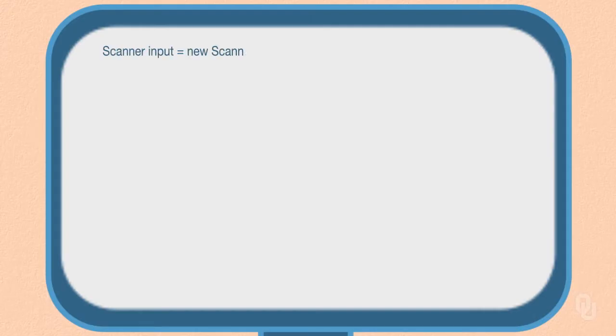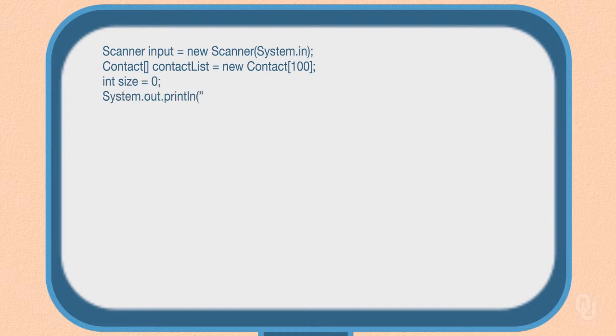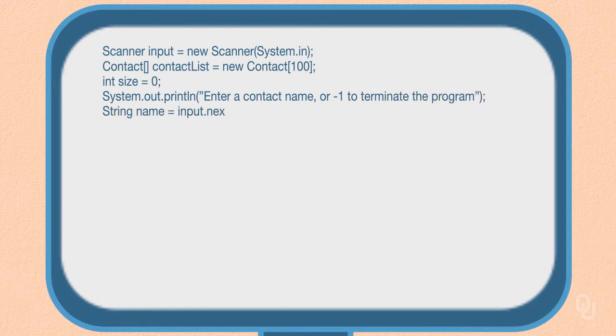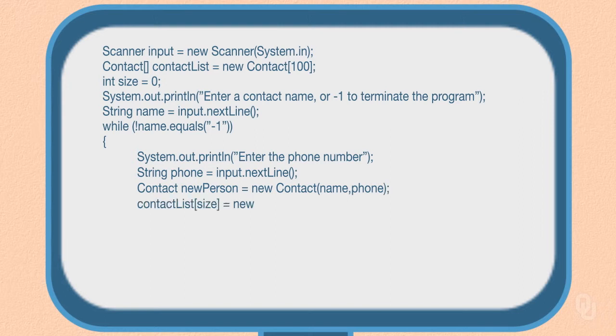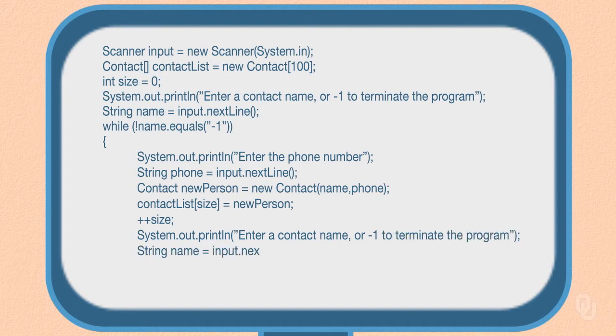Scanner input = new Scanner(System.in); Contact[] contactList = new Contact[100]; int size = 0; System.out.println("Enter a contact name or -1 to terminate the program"); String name = input.nextLine(); while name is not equal to -1, System.out.println("Enter the phone number"); String phone = input.nextLine(); Contact newPerson = new Contact(name, phone); contactList[size] = newPerson; size++. System.out.println("Enter a contact name or -1 to terminate the program"); String name = input.nextLine();